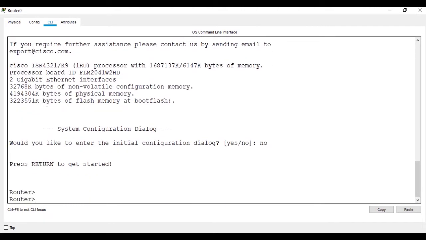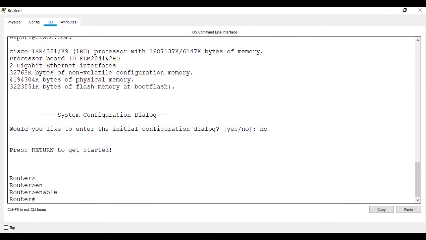Then we come to the configuration. In user mode, we'll say enable. You can see that the prompt has changed, and it is now in privilege mode, with a hash prompt. Now we'll go to configure terminal.